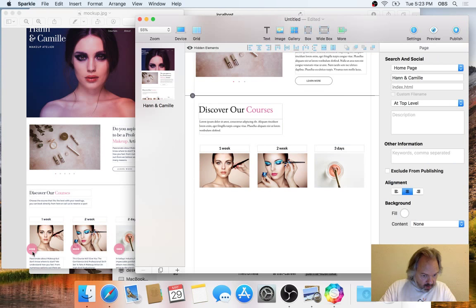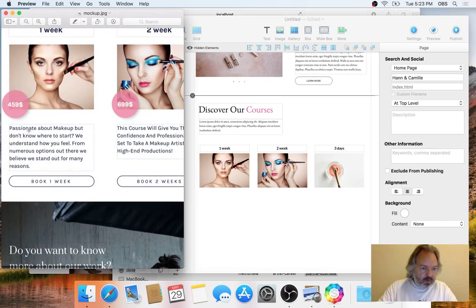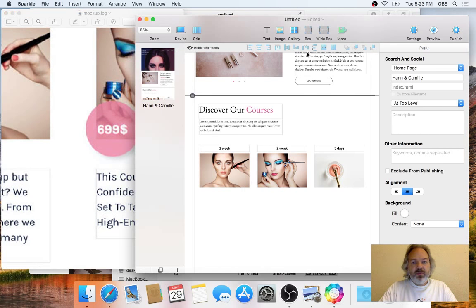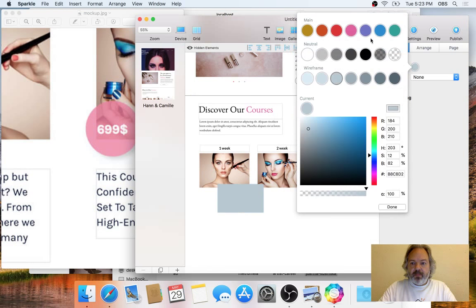And I'm not sure if these overlays have been done, we can try building these. So these little price circles, these should be easy enough to build in Sparkle. So I'll just make a box like that. Use the same pink color. I want to make this translucent. Now, something which isn't explained very well in the Sparkle interface, which we have documented, but many customers trip into this, is